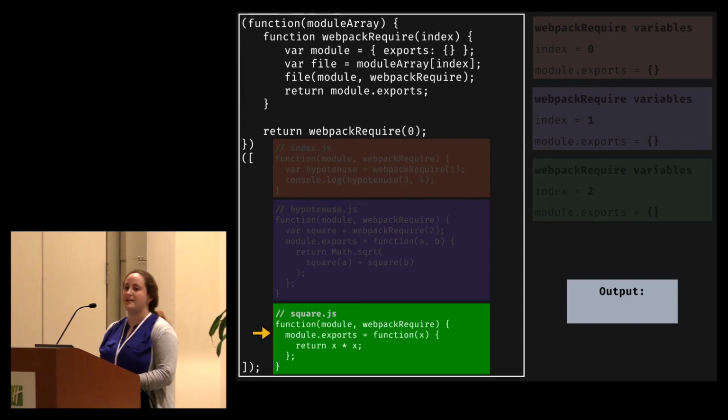And finally, we end up in a file that isn't requiring something else, right? We end up at sort of one of the leaves of our tree. It doesn't have any other dependencies. So the only thing that Square does, it doesn't even return anything, right? It just says module.exports equals this function. And when we finish executing this file,